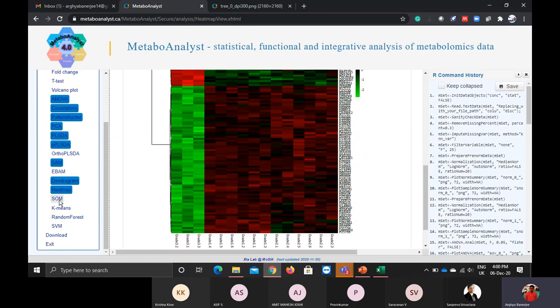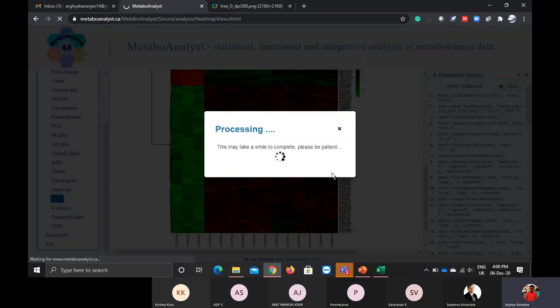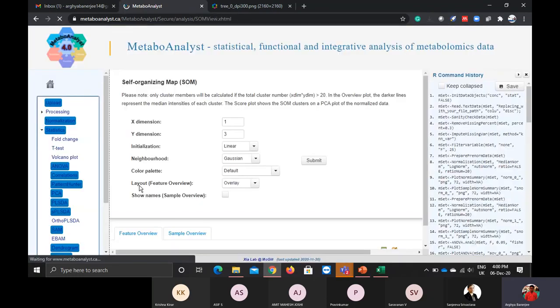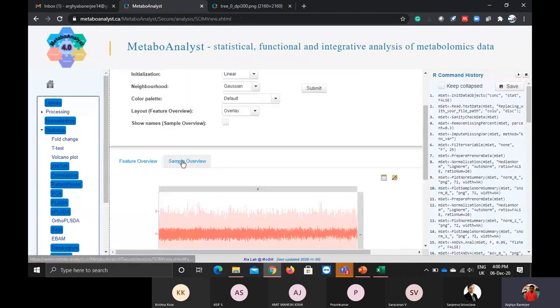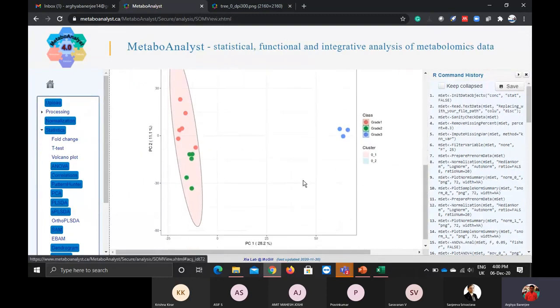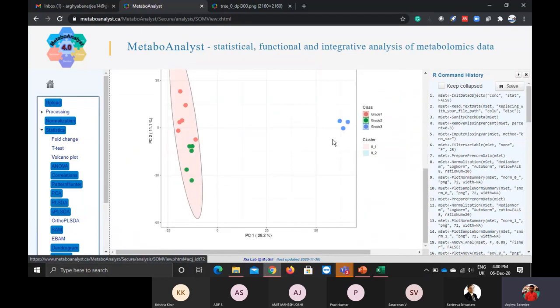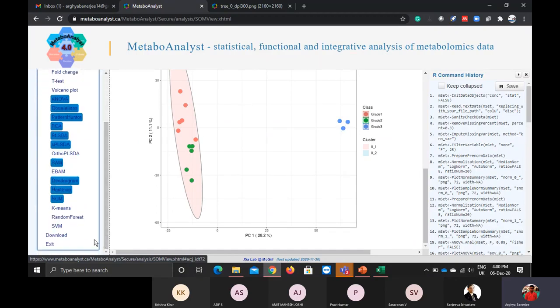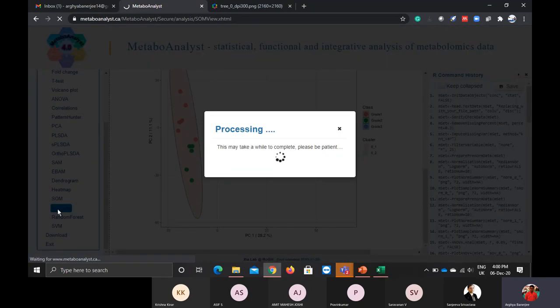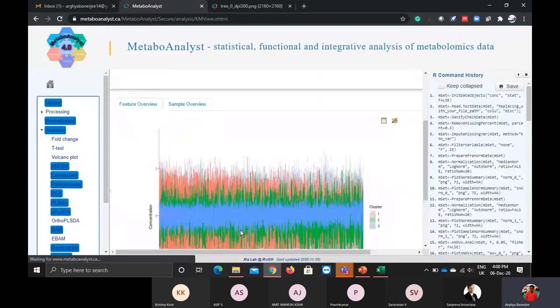And more, you can do systemic analysis like the SOM. Once the heat map is done, you can go for this kind of analysis. See, this is my SOM analysis, self-organizing map analysis. It will be coming more identical to the PCA, principal component analysis. My grade 3 is different as compared to my grade 1 and grade 2. You can perform a k-means clustering here also to look at the data you want to show.